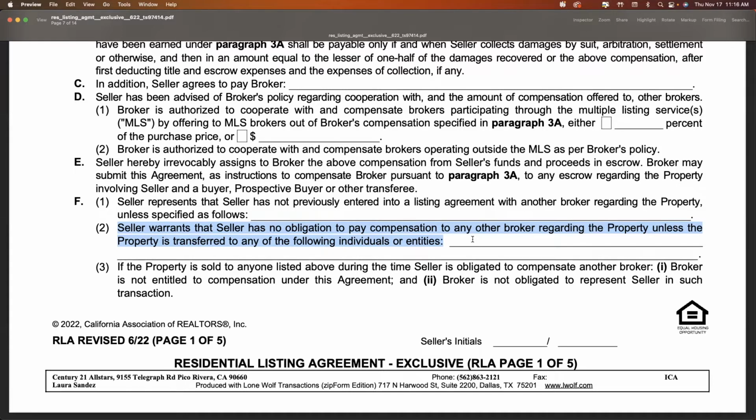Now, the chances of that happening are, as Chick Hearn used to say, slim and none, and Slim just left town. Most listing agents do not keep an exception list. And again, like we talked about last week, who's monitoring those old listings to see who sold to who, right? So, the chances of that happening are slim, but just to cover yourself, ask the question, do you have an exception